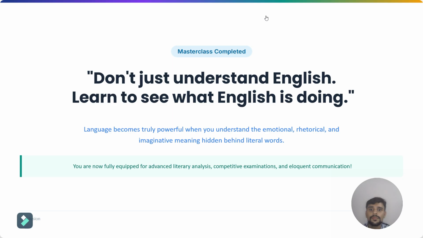Question number 8. The only constant is change. Paradox. The statement appears contradictory but communicates a meaningful idea. Question number 9. He passed away. What is it? Correct. It is euphemism. A softer expression has replaced a direct reference to death. Question number 10. She opened the door and her heart. Zeugma. One governing verb, opened, works with two different objects in different senses.